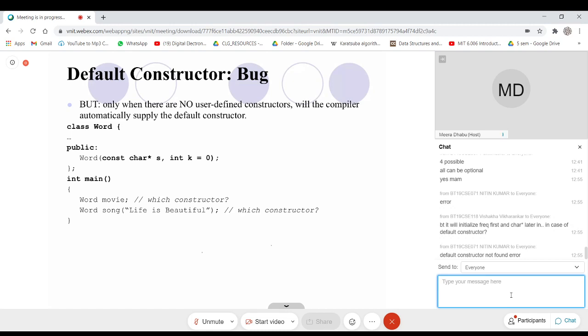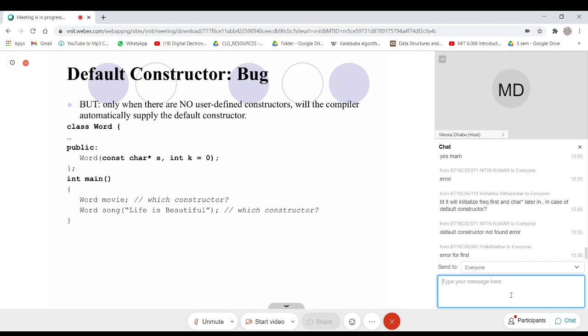Yes, I cannot see the chat. Let me get out of this annotation. Yes, put in the chat what I'm saying. Nitin is saying that it's an error. Initialize frequency first and character later in case the default constructor is not found. Yes, Nitin, you are correct.